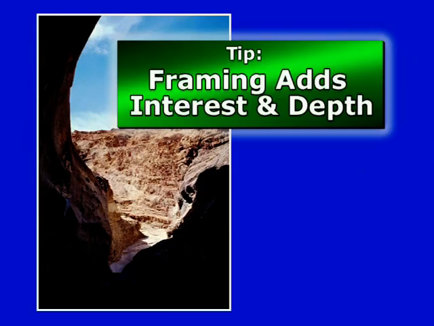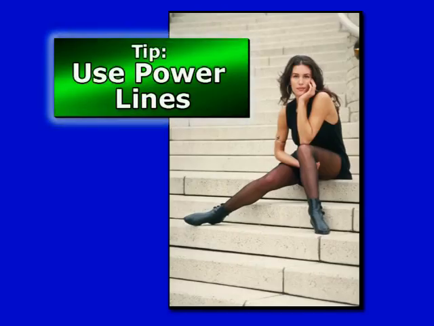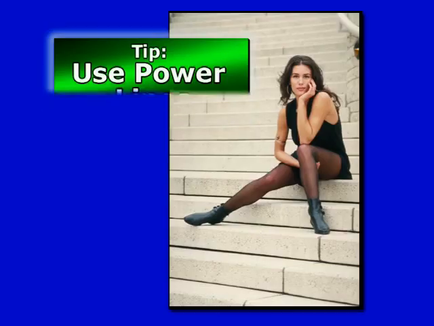Remember that our pictures only have 2 dimensions, height and width. Therefore, whatever the photographer can do to imply depth can add impact to the image. Here we have a good example of using lines to add impact and depth. The model's arms and legs are what I call power lines, with the lines and shapes of the stairs complementing our main subject. The photographer also used good color contrast, perspective, and selective focus to help draw the viewer's attention